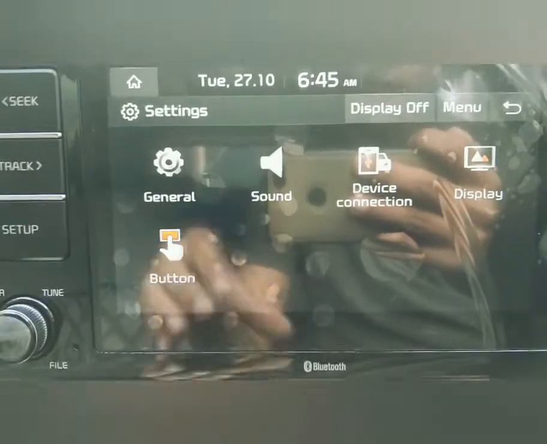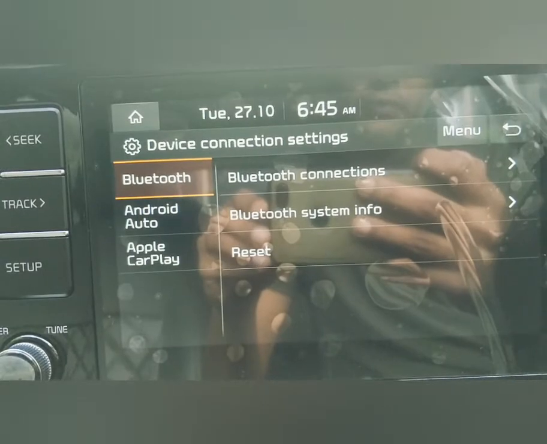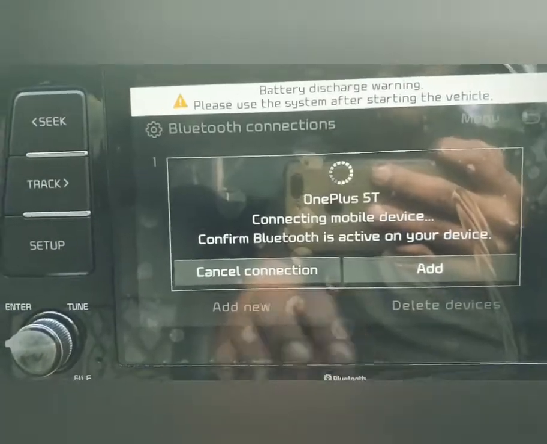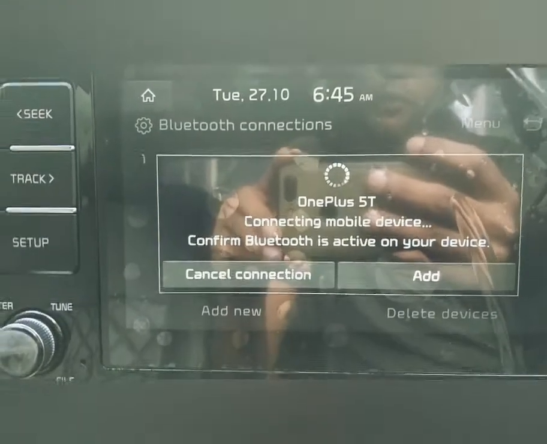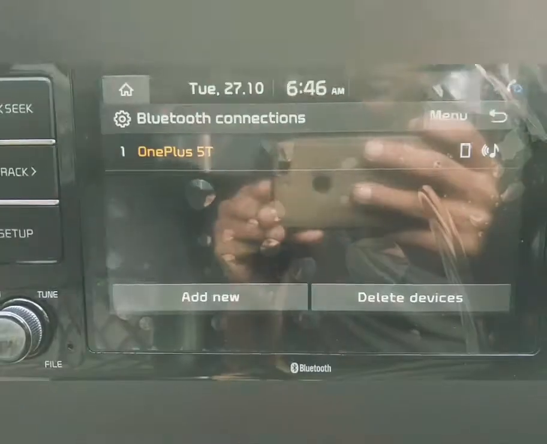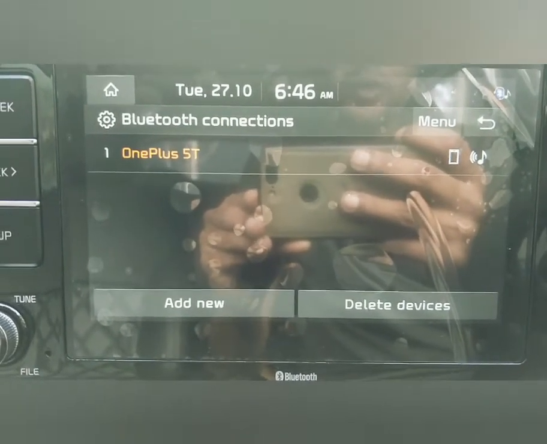So as you guys are aware, device connection. This is nothing but your Bluetooth connection, your Bluetooth infotainment system, and your Apple CarPlay. So device connection is nothing but your Bluetooth connectivity, which talks about the connection which is going to be there. So I'm going to quickly turn on the Bluetooth on my phone, and you guys will be able to see what happens. Earlier it was searching for my Bluetooth, so as soon as I turn on the Bluetooth on the phone, it says the Bluetooth device is connected.